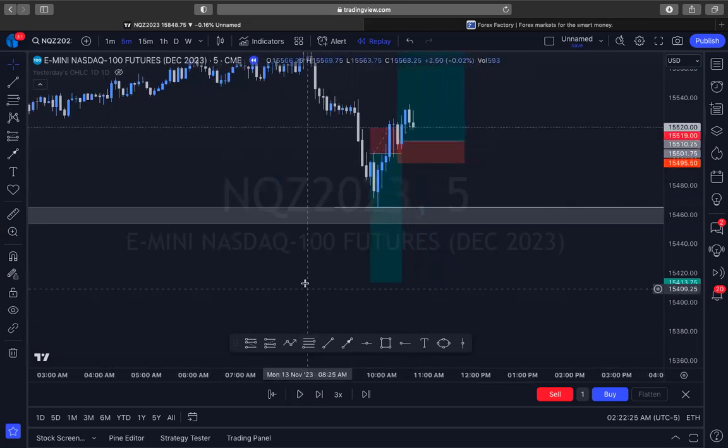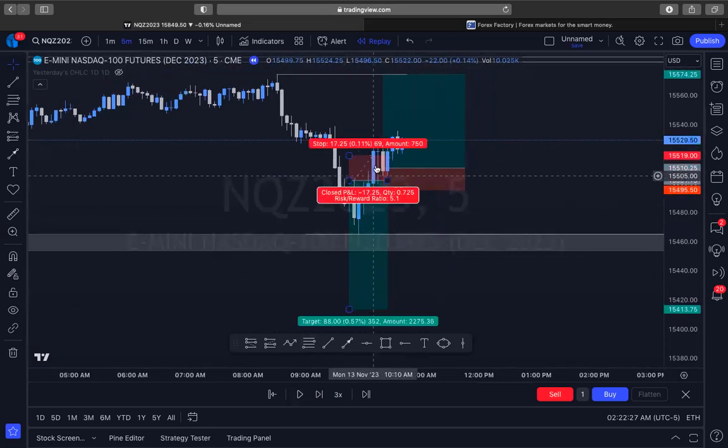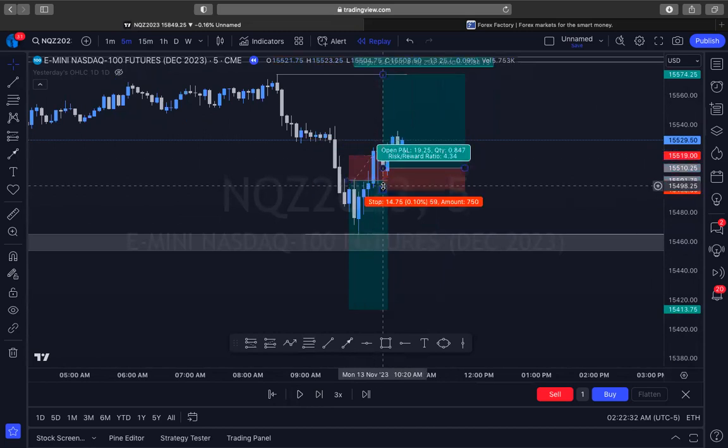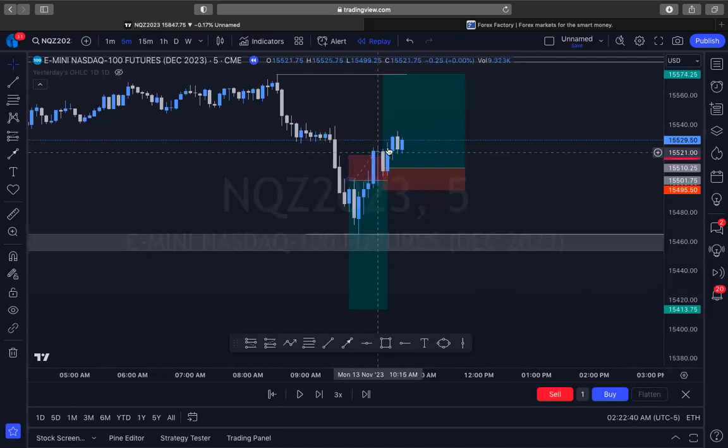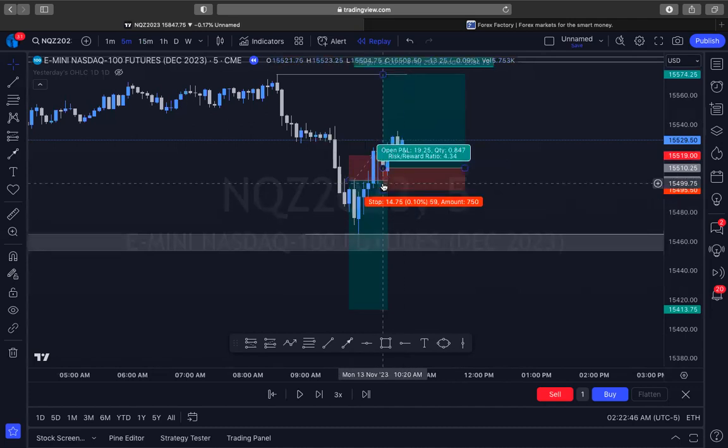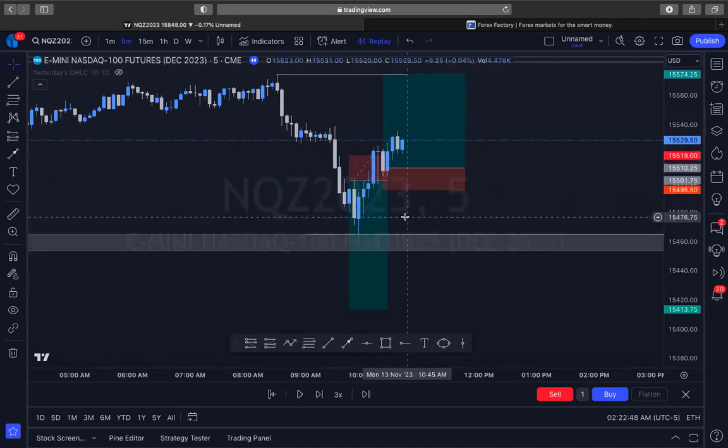You can clearly see right at that moment, I was taken out of my position right here. It had hit my stop loss, which I'm grateful for. I'm grateful that it hit my stop loss where it was, because had I not had a stop loss, that would have gone completely against me, and I would have had a larger loss than I anticipated, right? So that's why it's always good to have a stop loss, no matter how many positions you put into your trade or how many lots or anything like that. You always need to have a stop loss.